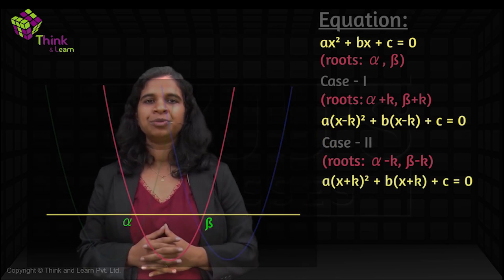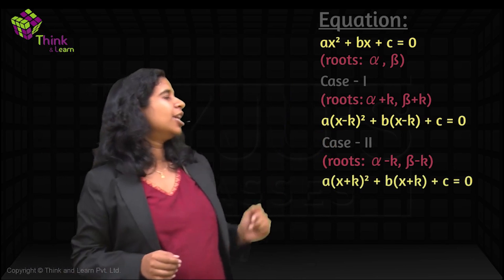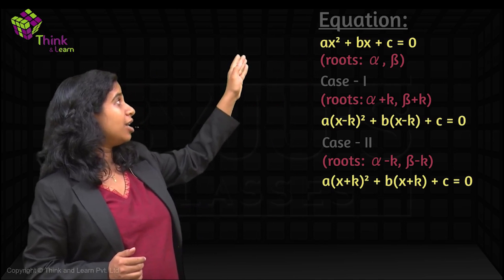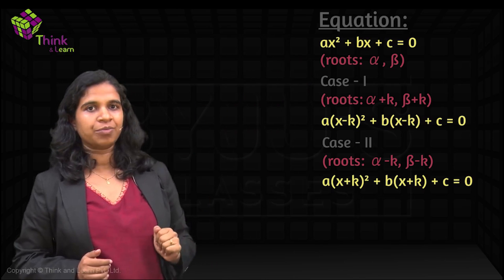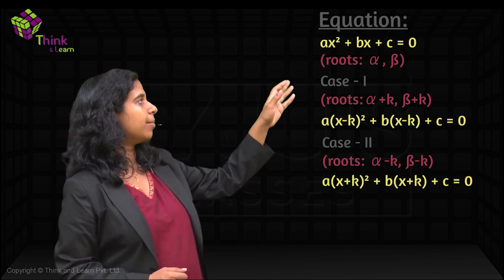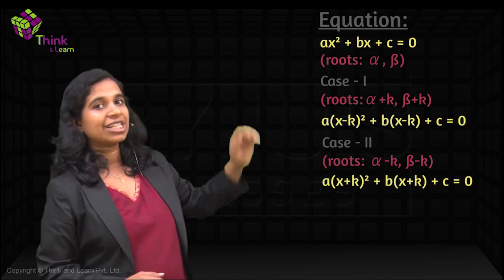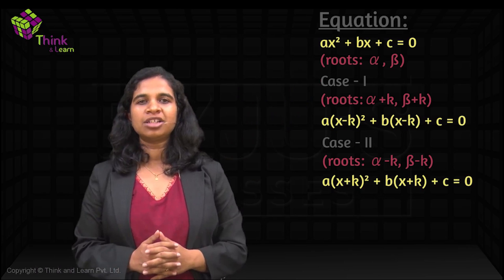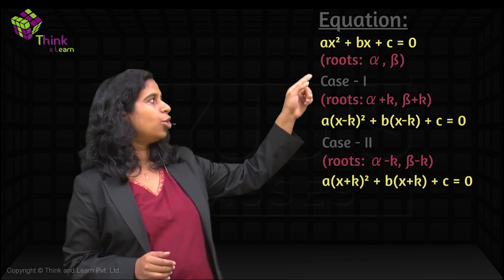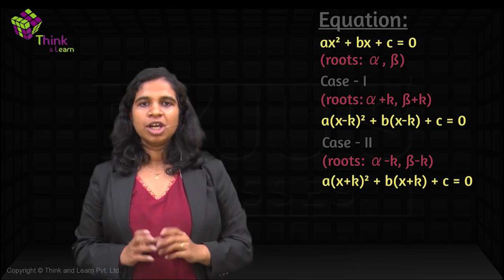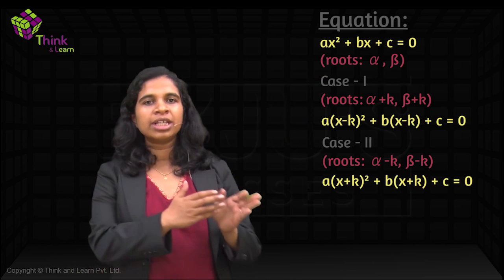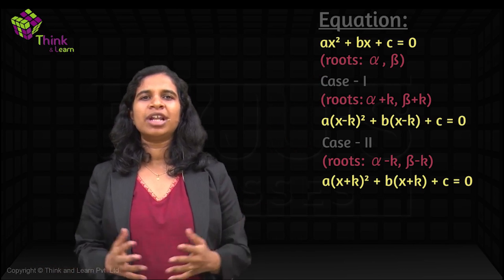That's the only change. Now if you actually notice this, do you see a pattern here? When we had alpha plus k and beta plus k, we replaced x with x minus k, right? Opposite of plus is minus. Same way, when we had alpha minus k and beta minus k, we replaced x with x plus k. Plus is opposite of minus. So what are we doing? Whatever was the operation done on the root, we are doing the reverse operation on x. You realized why we are doing that from the graph, correct? Whatever is being done on the root, we are doing the reverse on x.